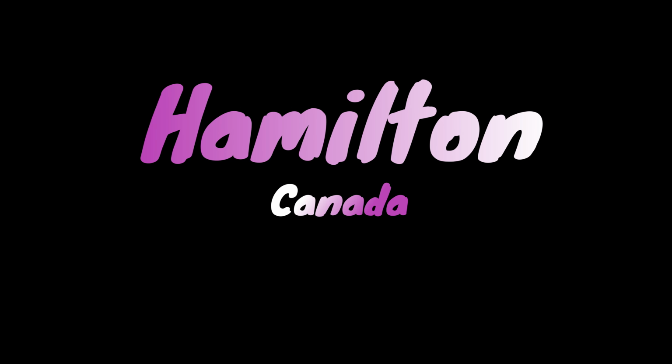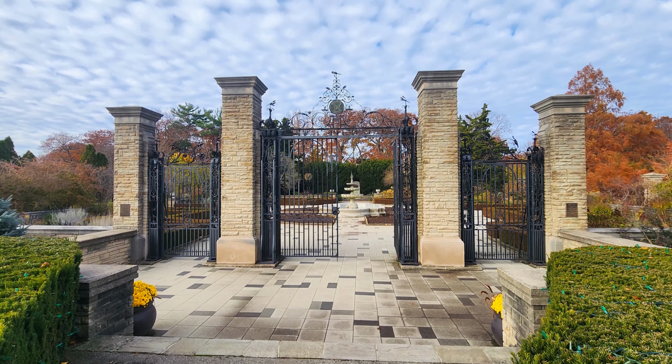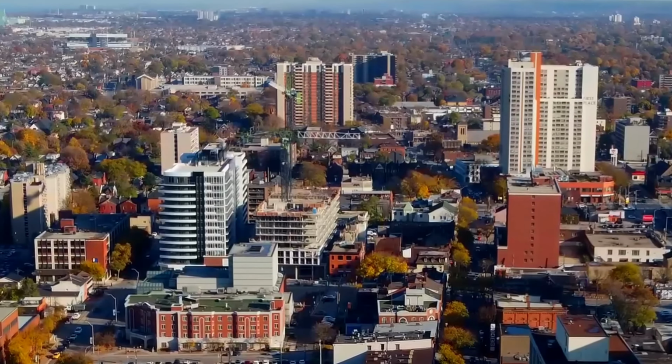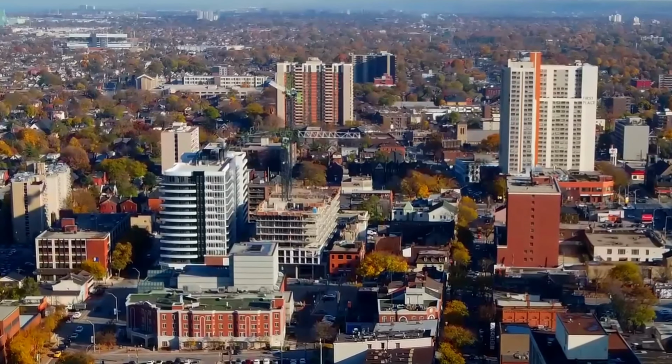Hamilton is a historic port city in the Niagara Peninsula region of Ontario. It is wrapped around the western edges of Lake Ontario midway between Toronto and the U.S. border. In the past, this growing city was quite industrial, known then as Steeltown. Today, Hamilton still has its industrialised area, though it also has a thriving art community, historic sites, and a lovely